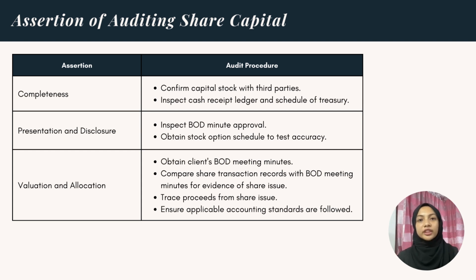The last one is valuation and allocation. For the shares that were issued by cash, auditors should double check the share issued with the cash receipt journal or with supporting documents. While for the non-cash issuance, they need to ensure clients record the share issue according to the